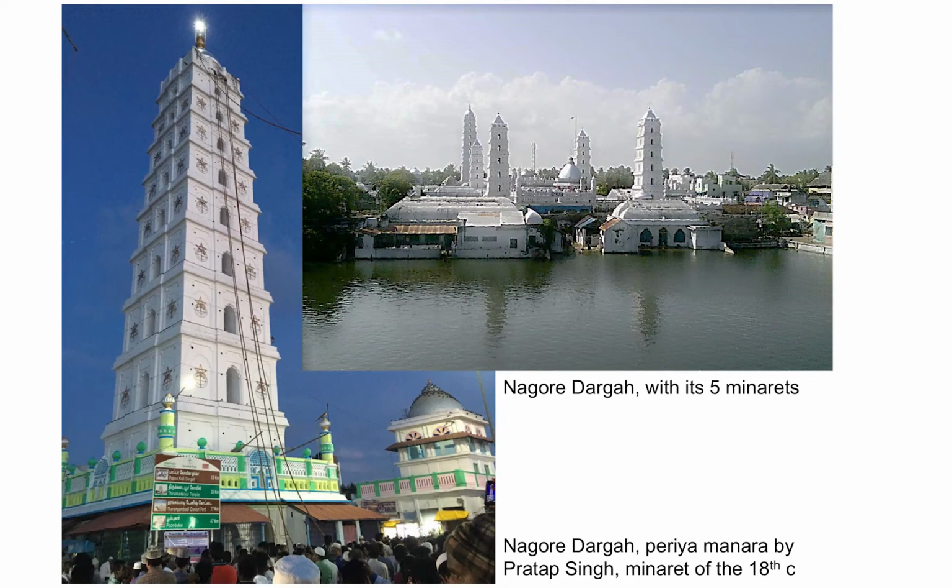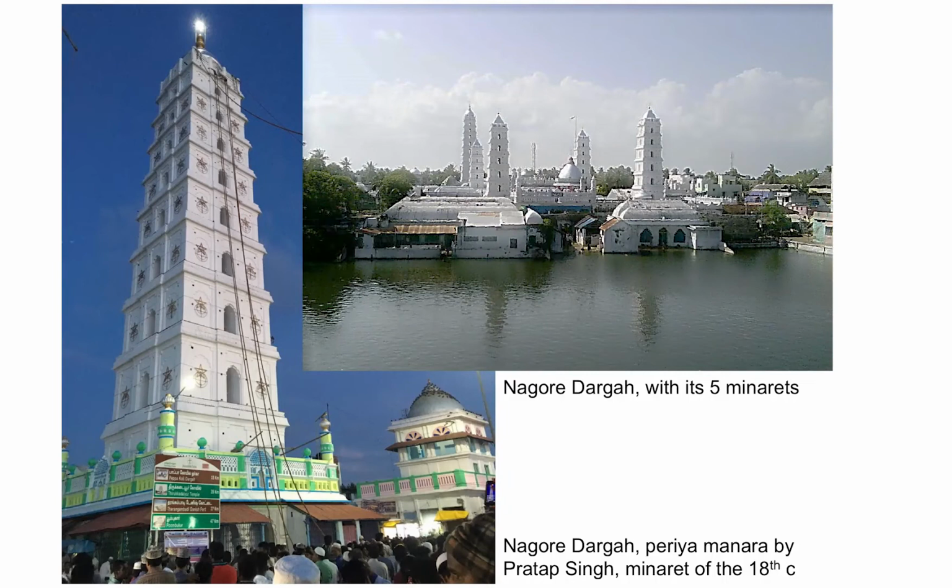And more importantly, in Nagor Dargah, the Periya Manara, Manara is of course from the Arabic, Nar is fire. So it's the light tower, fire tower. That's one supposed etymology of the Arabic term Manara, Nar, from fire. But anyway, you can see it, it is by Pratap Singh. So a Sikh ruler endowed the tallest minaret in honor of Shahul Hamid, the wali who is buried here in